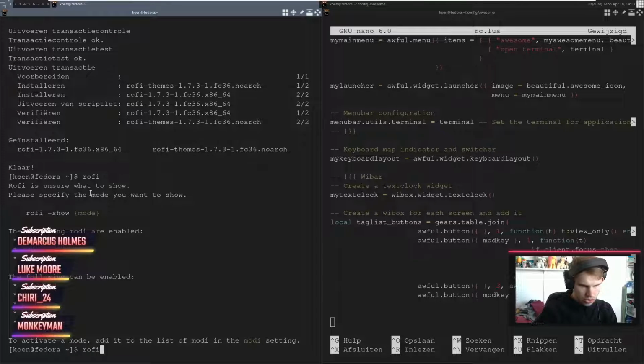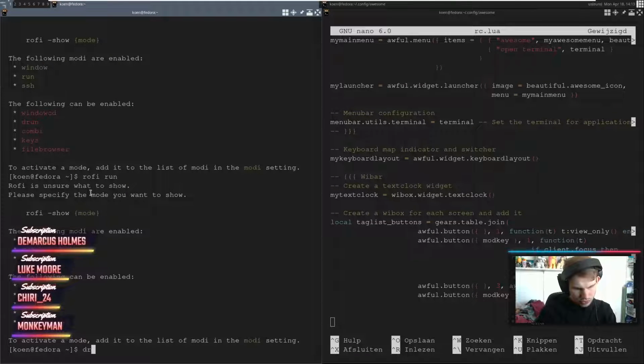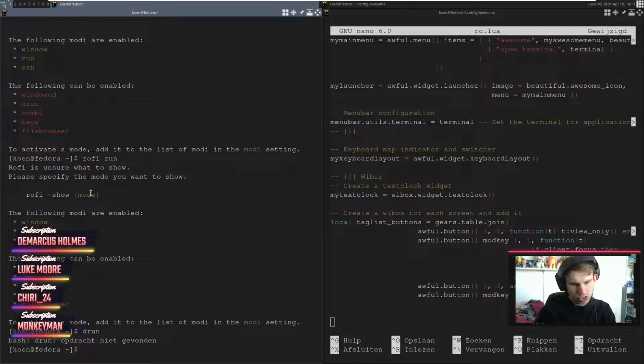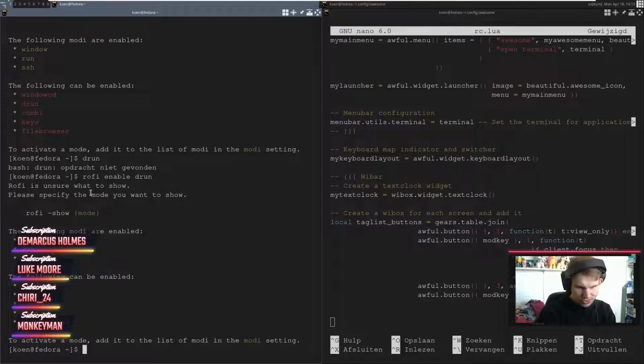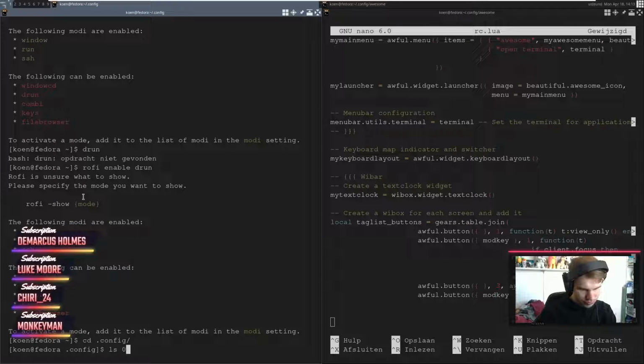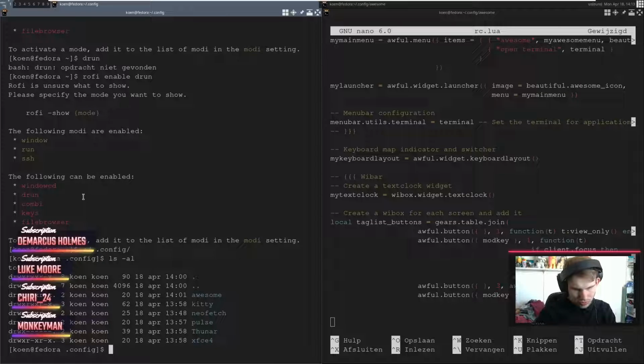Rofi, run. Let's see what happens when we do drun. The following can be enabled. Rofi, enable drun, I guess. What exactly is the... Is there a .config available for that? It doesn't look like it. Maybe I'll give that a shot later, but...